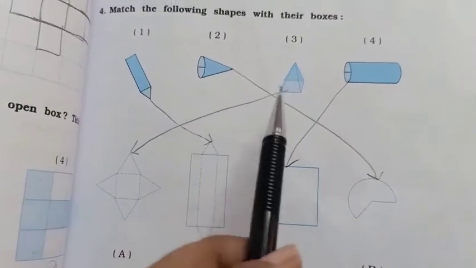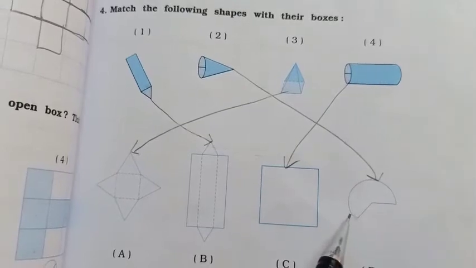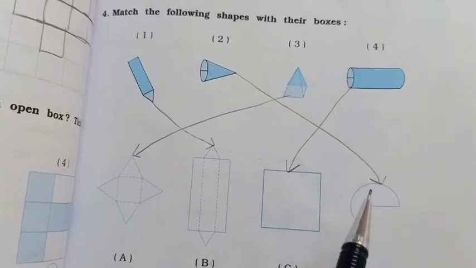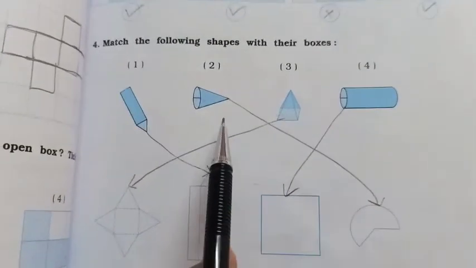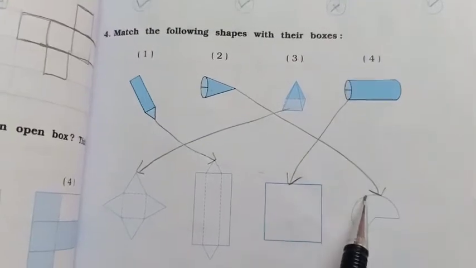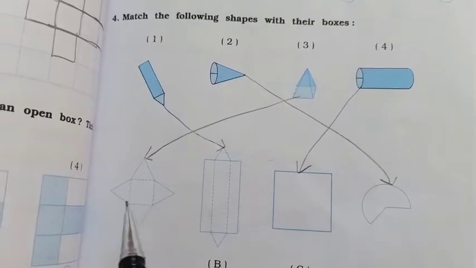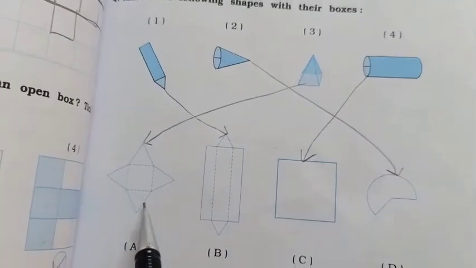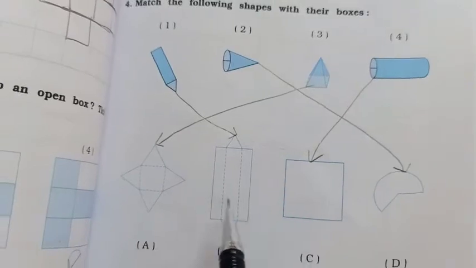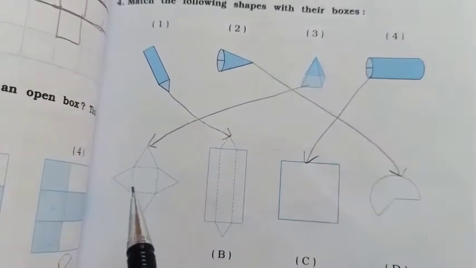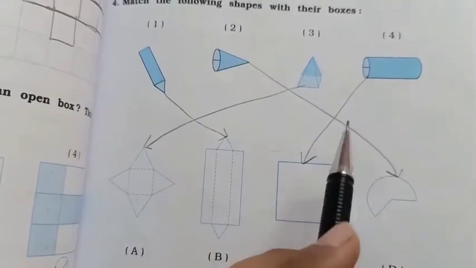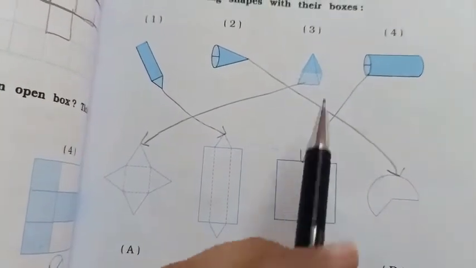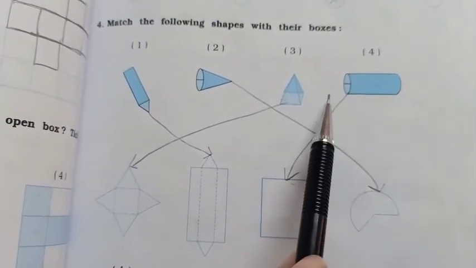Now your cone, just take a paper and cut it in this manner, and then close it and stick it with the help of Fevistick or something, so what kind of shape will you get? You will get this kind of cone shape. And if you take the paper and construct it, so definitely you will get a prism in your hand with the help of a simple paper. You just have to remember in which manner you are cutting. That is the most important thing. Like a cylinder, a simple paper you can take and just fold it and stick it, so you will get a cylinder type shape, okay.